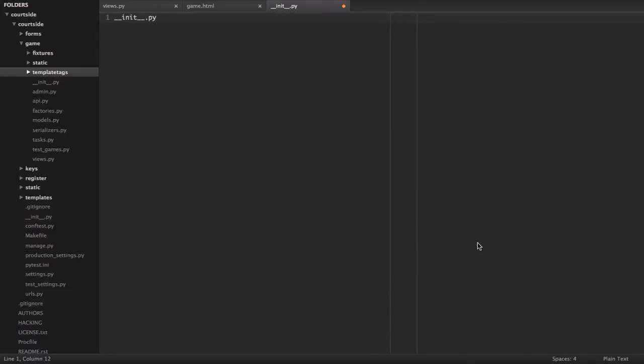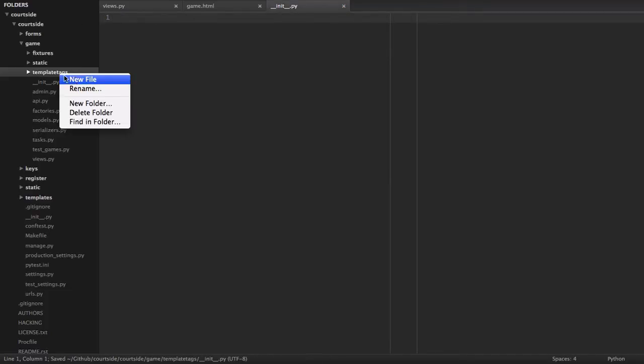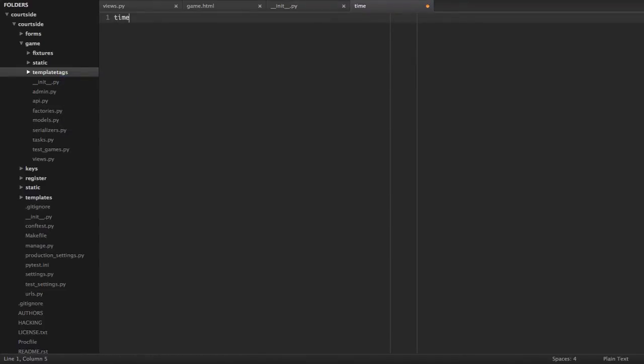We're going to save that in our templatetags directory so it is discoverable. We're then going to create another file called timetags. So we're going to go new file, timetags.py. We're going to save that in the same folder, and now we can go ahead and implement our datetime localizer